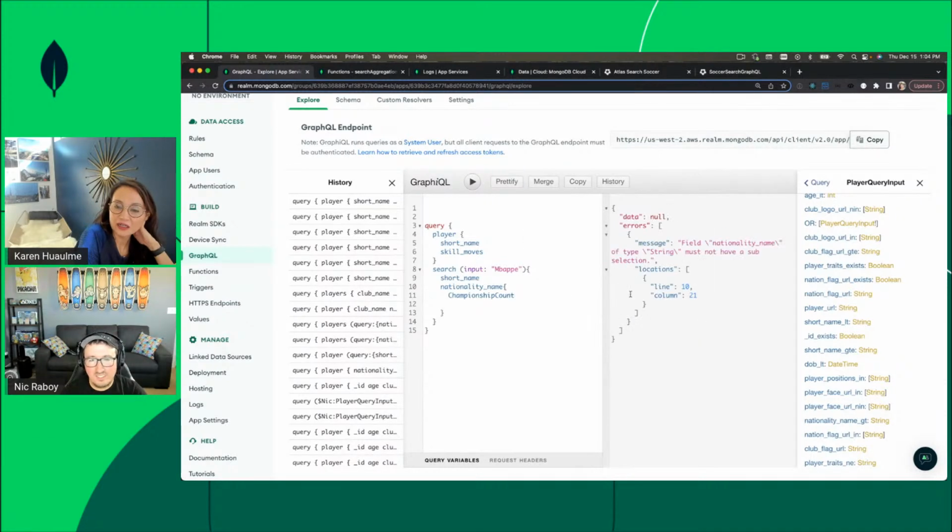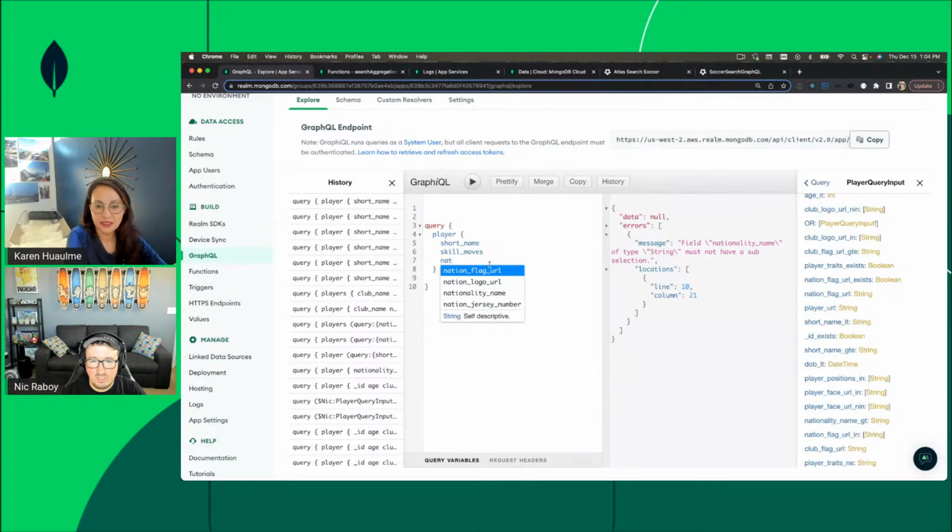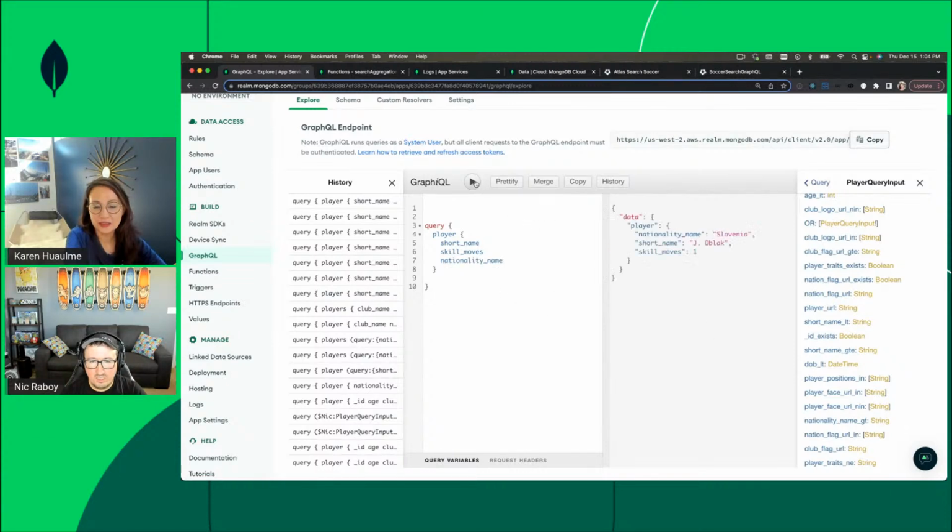well, you could remove player. I'd take that back. I don't know why this, actually, let's try. Right now it's still being identified as a string. Are you sure you linked it? Let me check that I went to the right one. Hold on. Let me take this out for a second. Should I have done that? Let's see. What I want to do is show nationality. Whoops. Nationality name. So why did this not